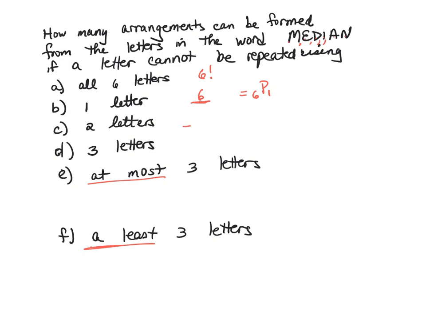If we pick 2 letters, that's 6 times 5, and that could be written as 6P2. Not that you have to write these, I'm just reviewing with you. And then if I had to do this, I would do it with the little spaces. And then if we had 3 letters, that would be 6 times 5 times 4, which is 6P3. Notice we don't really use the factorial formula here, but that's used for later when we want to prove relationships between combinations and permutations. Now, if we want to use at most 3 letters, what does it mean when